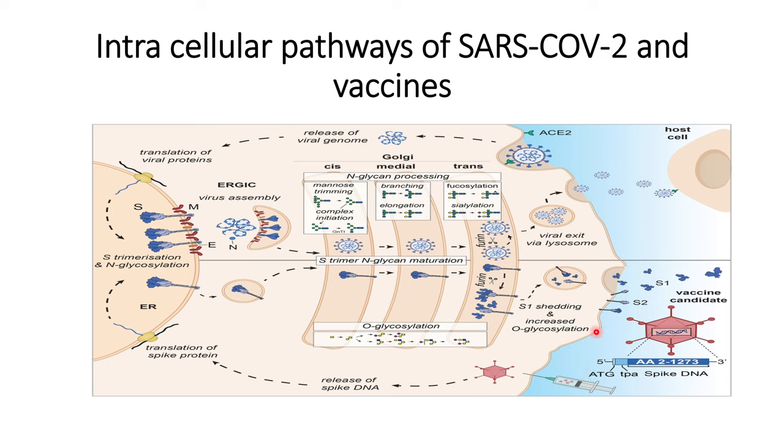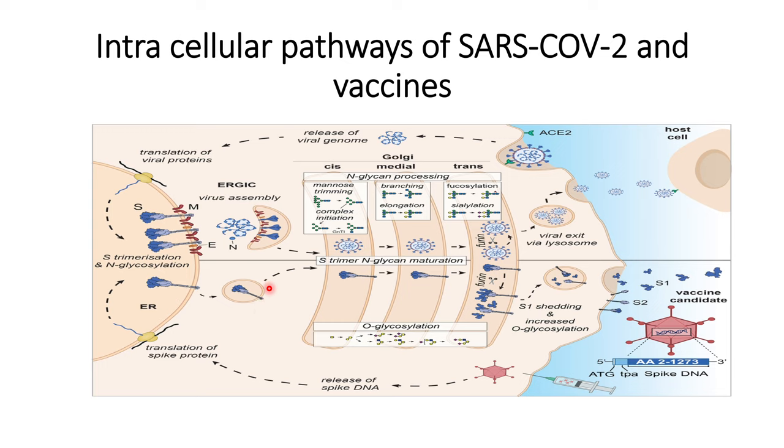These DNA and RNA vaccines are directly injected into the cells, or they use some kind of receptor binding domain, which might be ACE2 or some other receptor binding domain, or they can be directly injected. A plasmid can be directly injected into the cell, where the release of DNA occurs, and here also translation of the spike protein occurs in the endoplasmic reticulum. Since there is no nucleocapsid, no viral budding occurs in this phase at the ERGIC